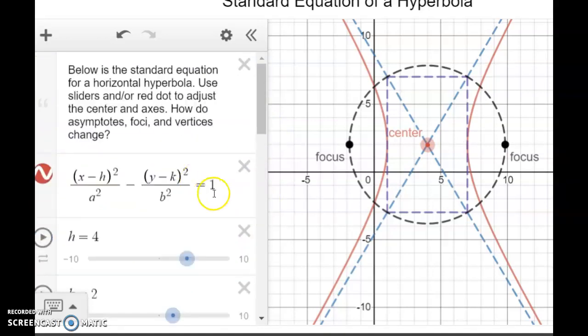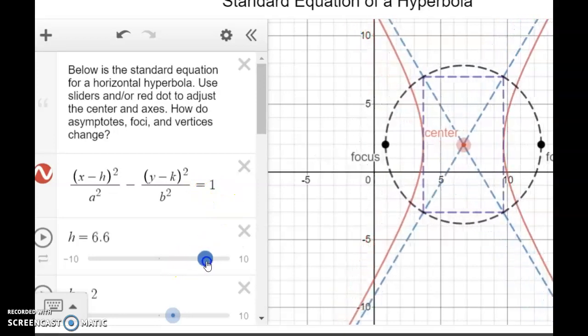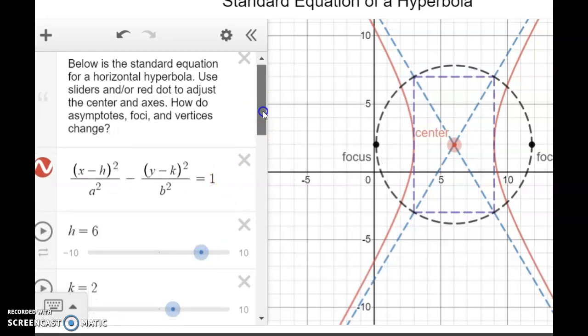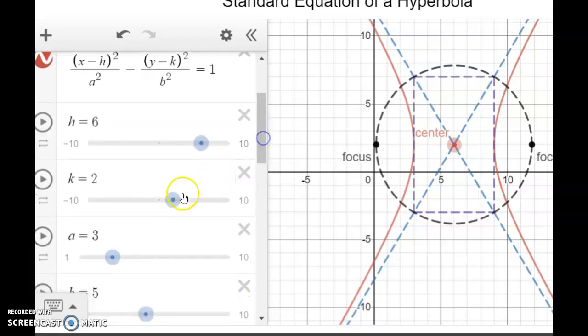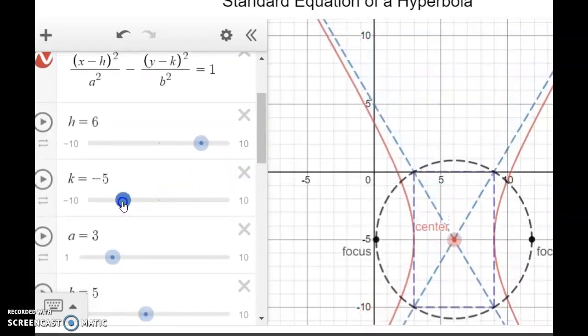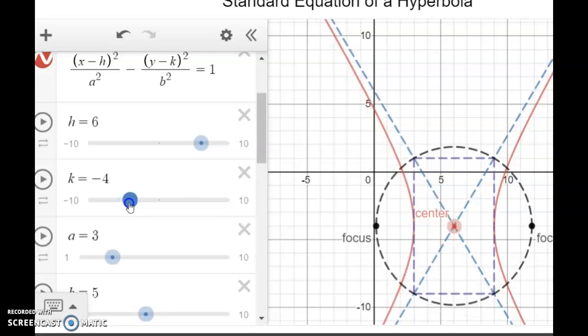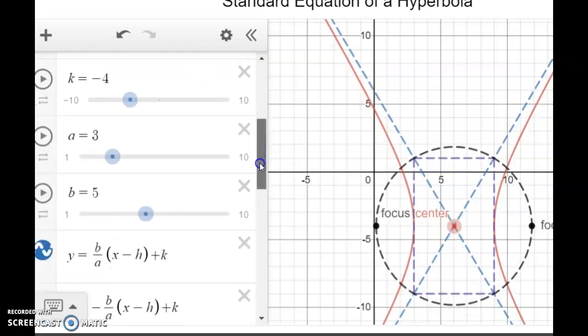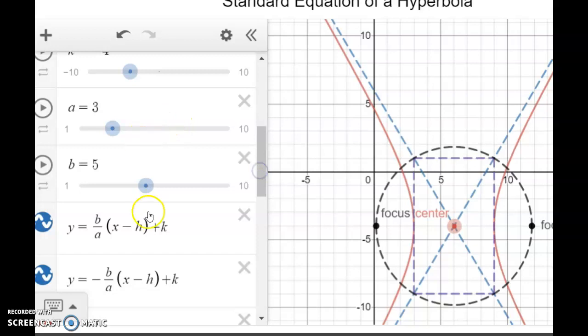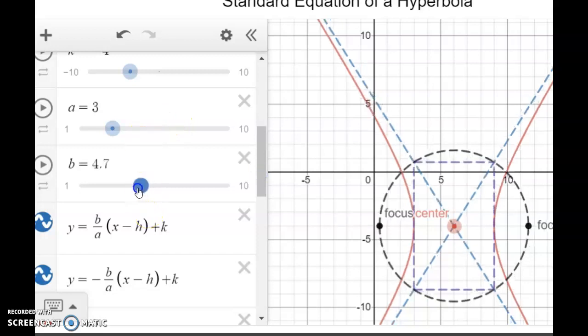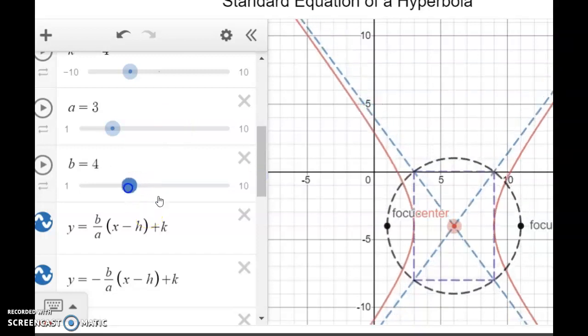So I have a 6 over here for the H, I think it was. There we go. And K was a -4. There we go. And then I have a 3 and a 4. So 3 and 4 here. And there's that